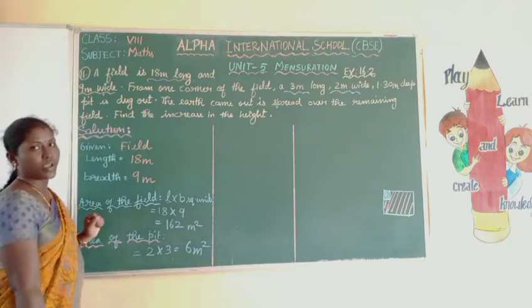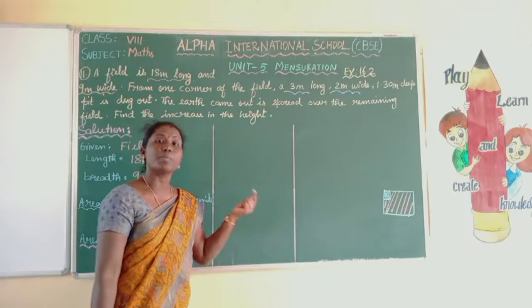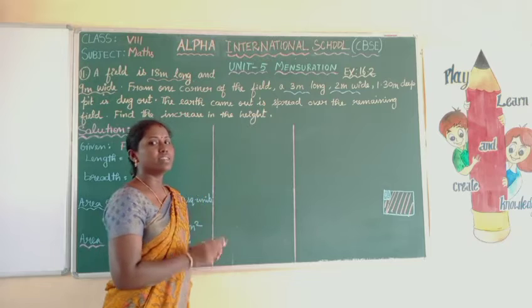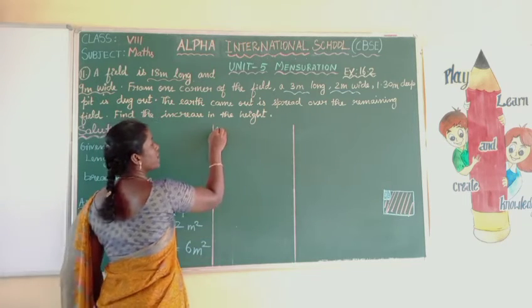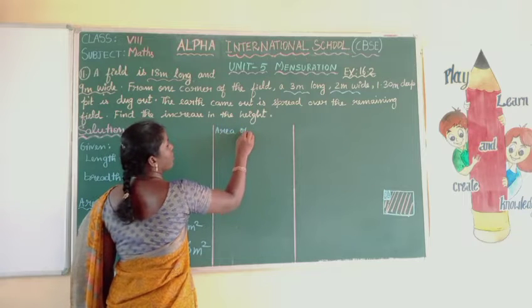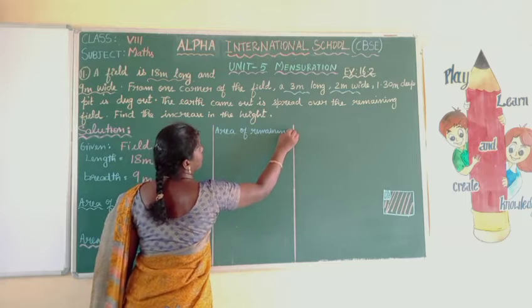So in our hand we now have the area of the total field and the area of the pit. But the question here is the area of the remaining field. So how to find the area of the remaining field? Area of the remaining field